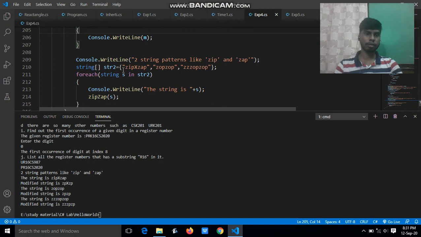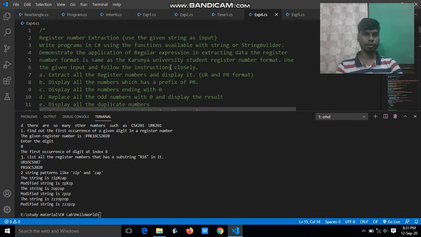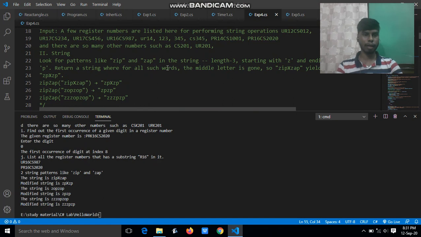Then there is a given string array. In this I have to follow some pattern for printing the words. The question is that there is a pattern given like zip and zap in a string of length 3, starting with z and ending with p, so returning a string where all such words are found with the middle letter removed. So what will happen, zip zap of this input is given, so it should print the zip